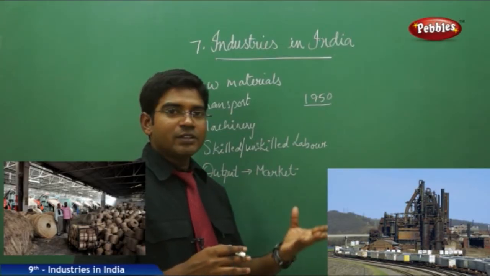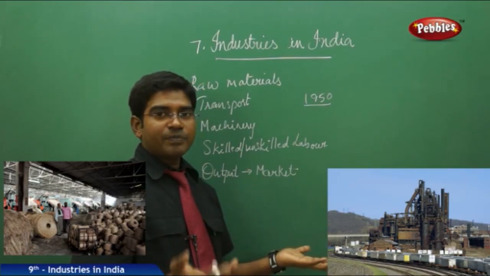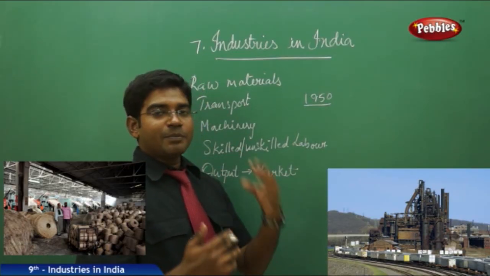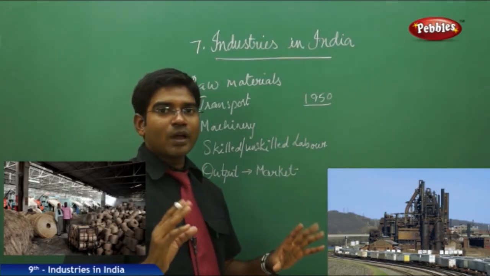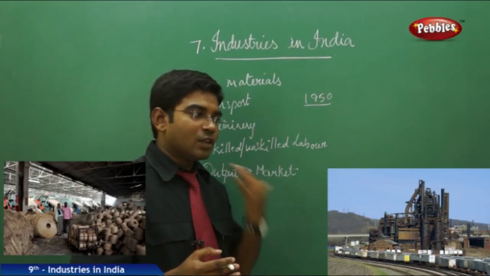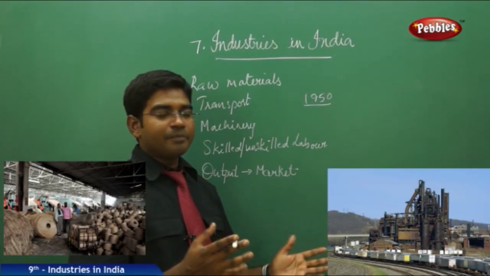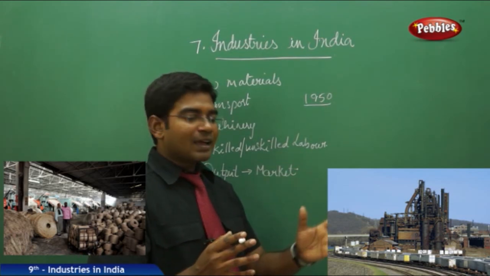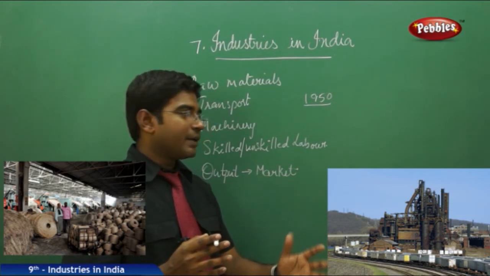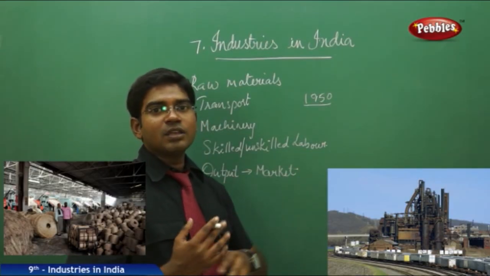It may be a small industry, it may be a large industry, it may be run in a small shed or asbestos shed, or it may be run under a huge building, but the mechanism requires the same format. The raw materials have to be brought, it has to be done with manual labor, then machinery has to take place, the machine has to scrutinize them, cut them or make the required models, and then we have the output going to the market and the selling of the product.